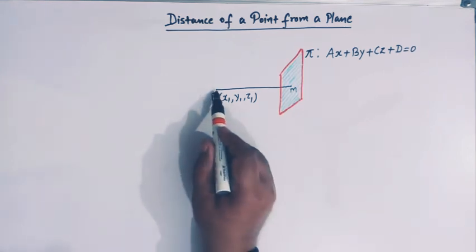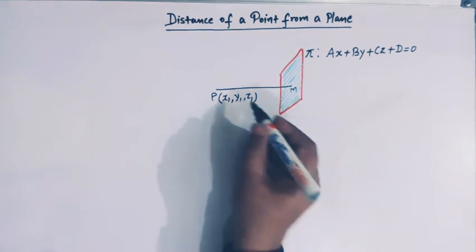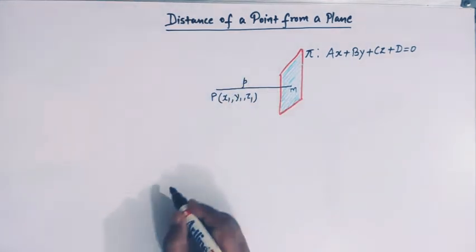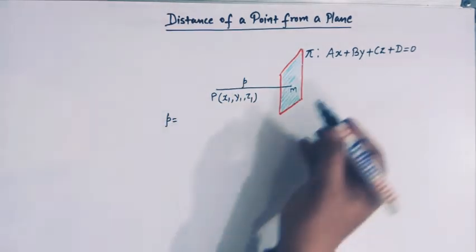Now this distance PM, let us denote by the letter p. So the distance p is given by